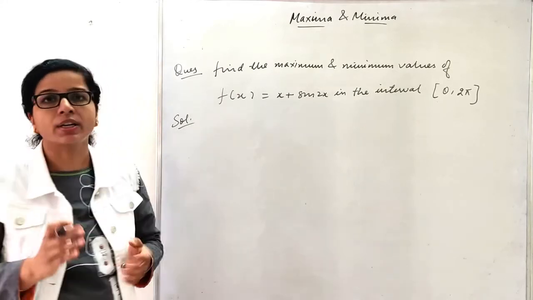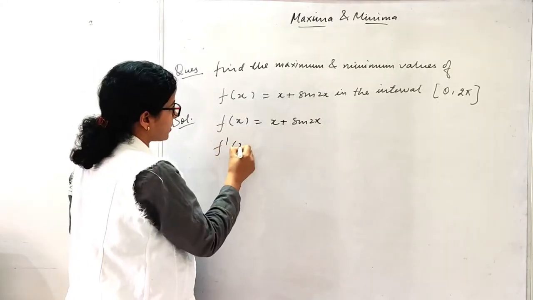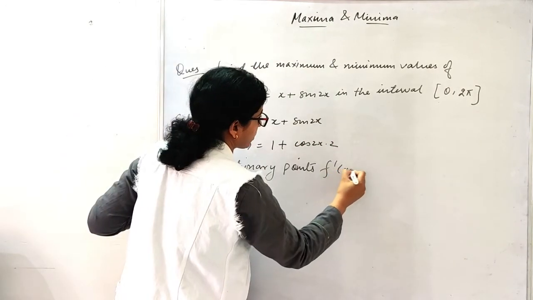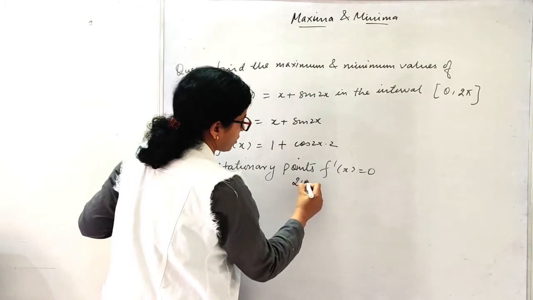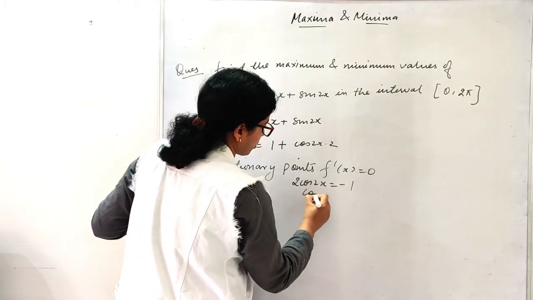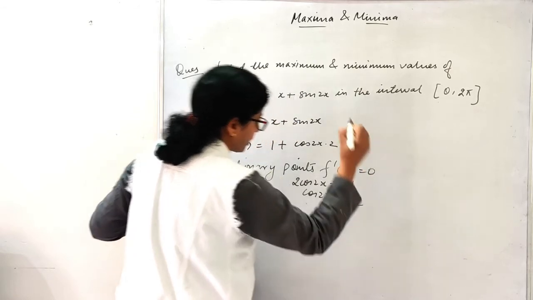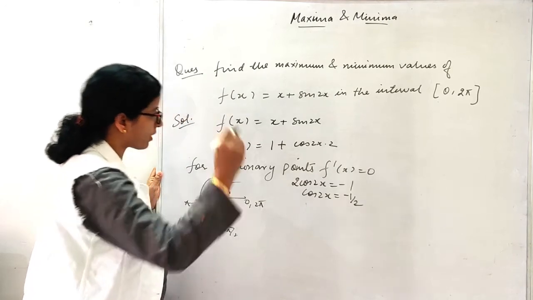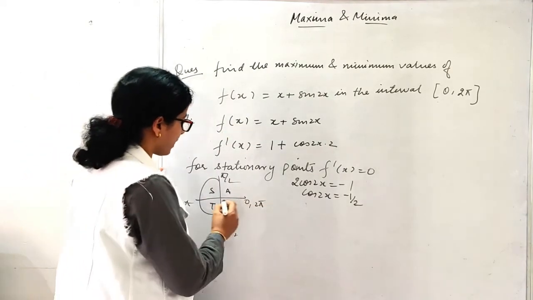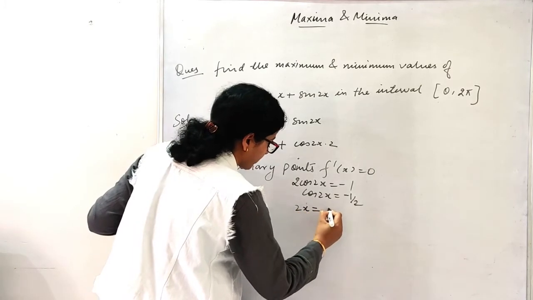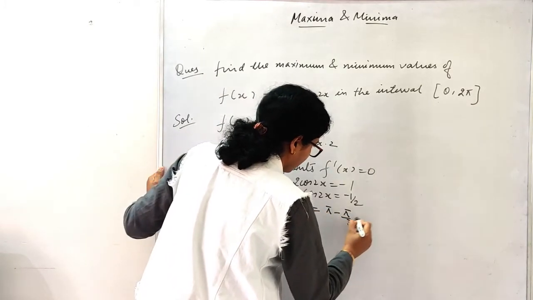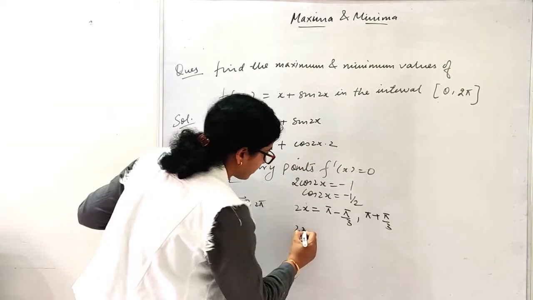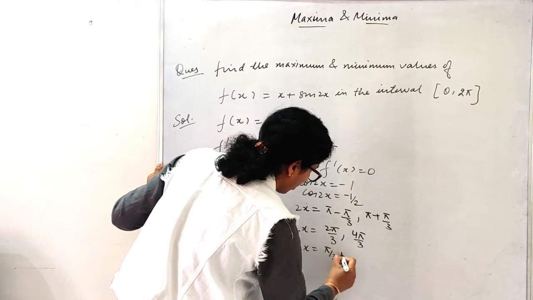So first of all, we'll calculate our stationary points. So f'(x) is 1 plus cos 2x into 2, using the chain rule. f'(x) equals 0. So 2 cos 2x equals minus 1. Cos 2x equals minus 1/2. Come to the quadrant diagram, add sugar to coffee. In these quadrants, my cos is negative, right? So we can find out the value. These can be the two values of 2x. So x can be pi/3 or 2pi/3.